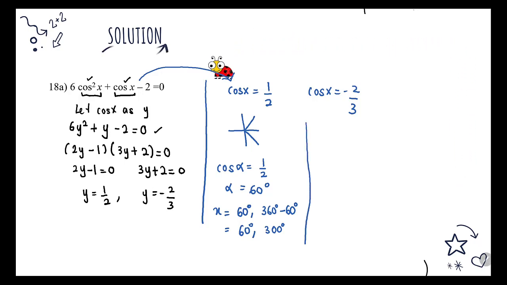So now let's look at cos x equals -2/3. First we're going to focus on the negative sign here. The negative sign shows that our angle is in the second and the third quadrant, which is sine and tangent. So we already know that we are in the second and third quadrant. We're going to start with finding the reference angle. To find the reference angle, we will not consider the negative sign. So alpha is arc cos of 2/3. Now what is arc cos of 2/3? If you use your calculator, you will get